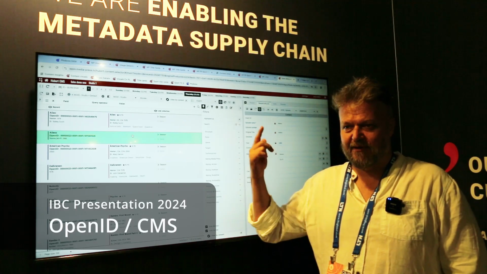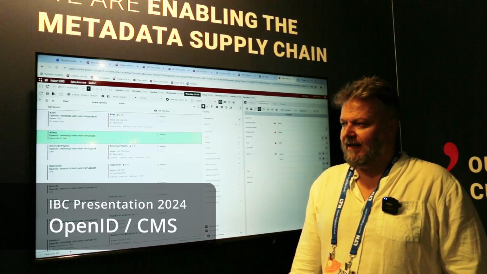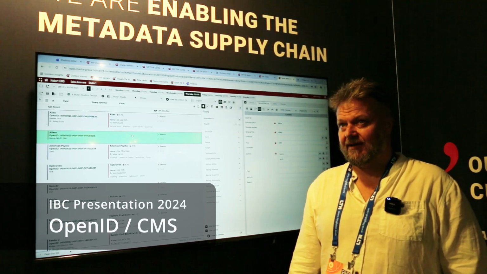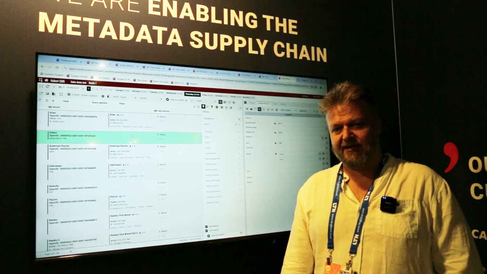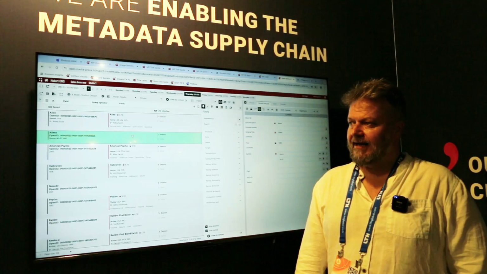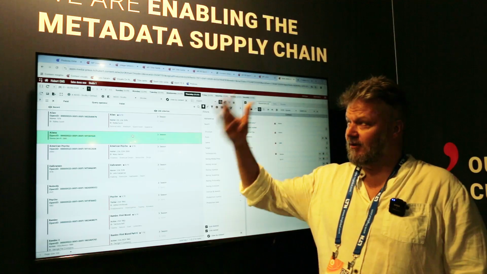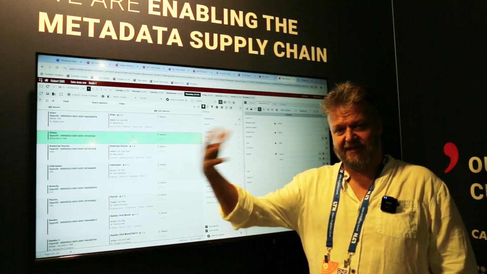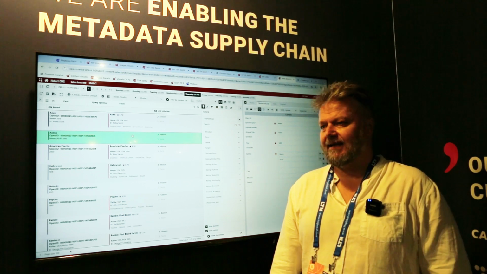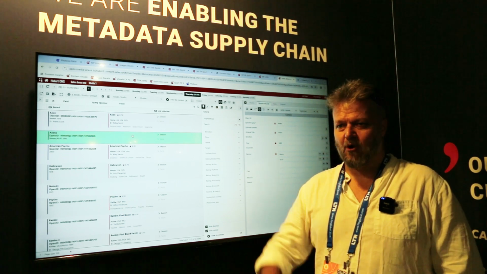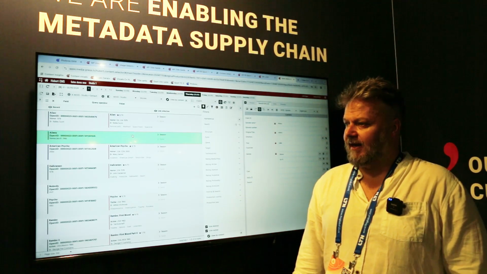Today I would like to tell you more about the OpenID initiative that we are introducing this year, which is our new approach, new look at the metadata supply business. It is supposed to make the whole delivery channel, the metadata delivery channel and the visual delivery channel, more open for every party that takes part in it. The idea is